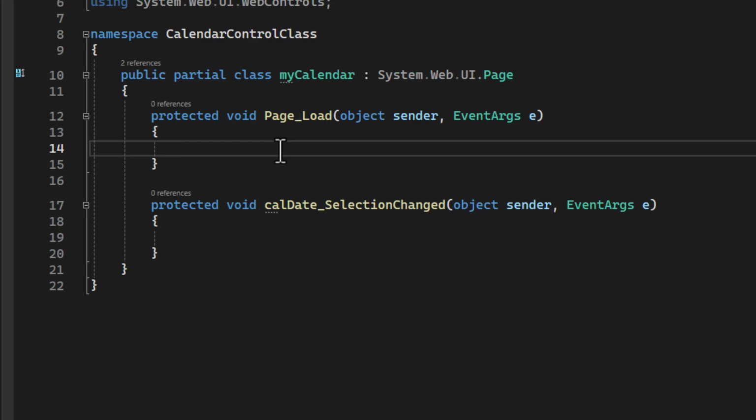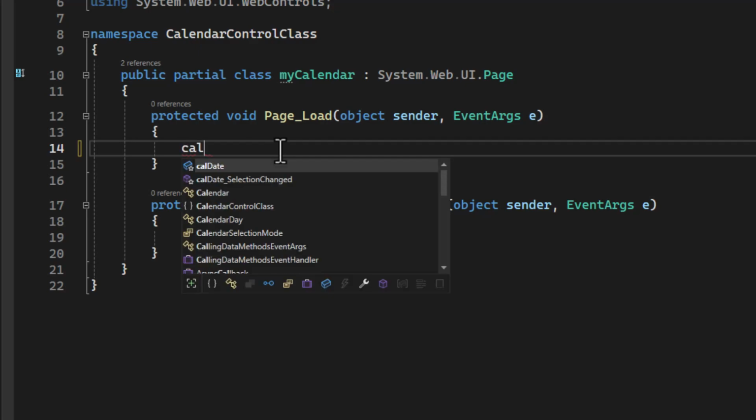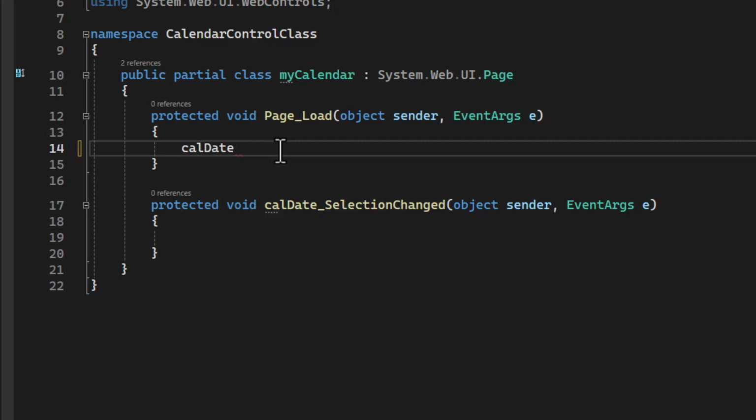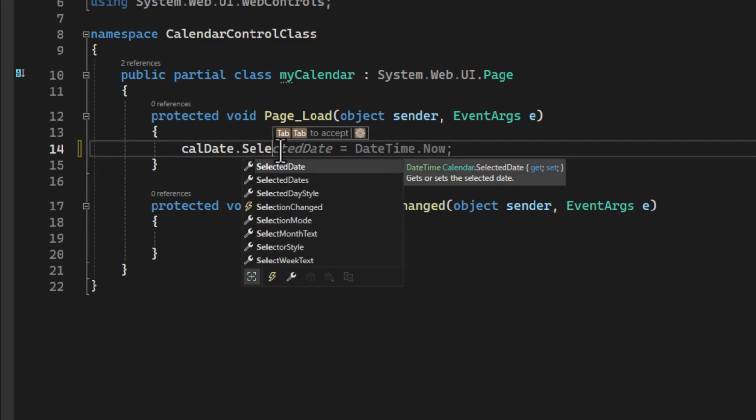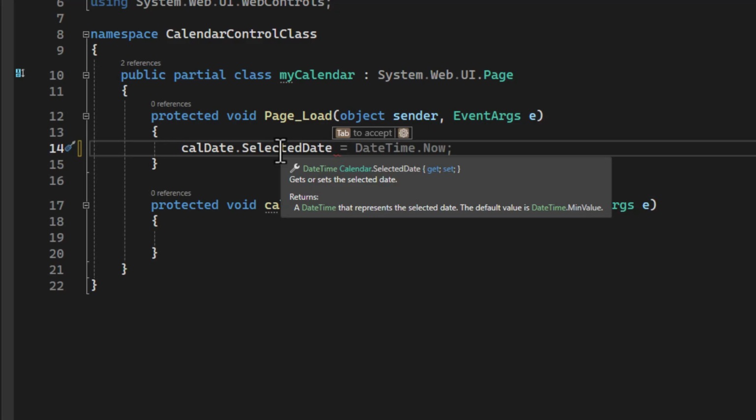So how do we do that? We make use of some of the properties or methods that we have already discussed. Name of our calendar is cal date. So we have cal date dot the selected date property,